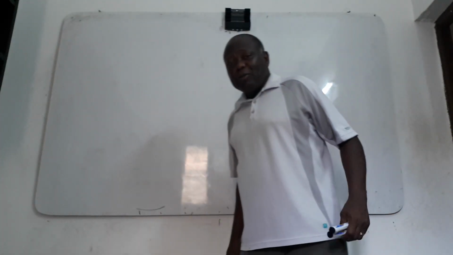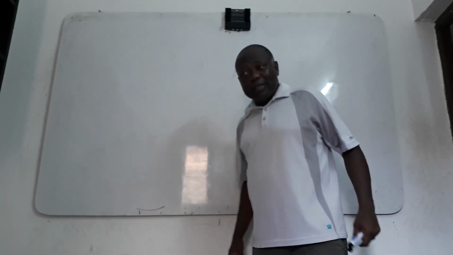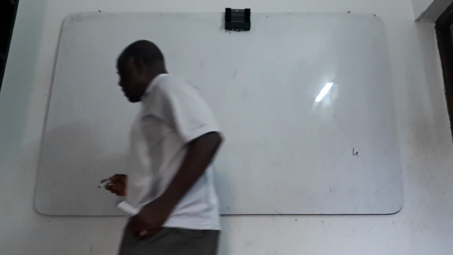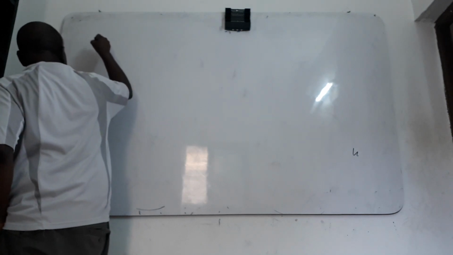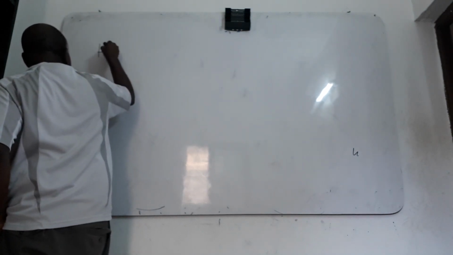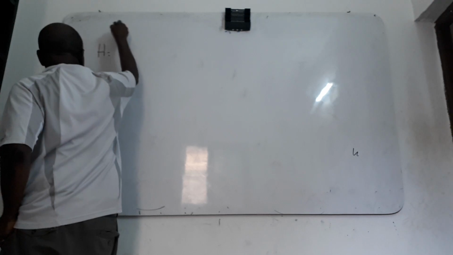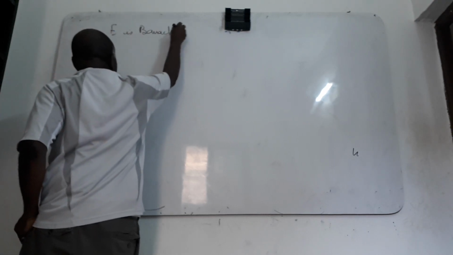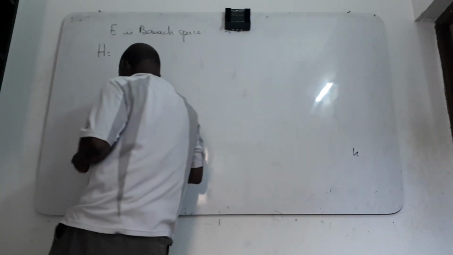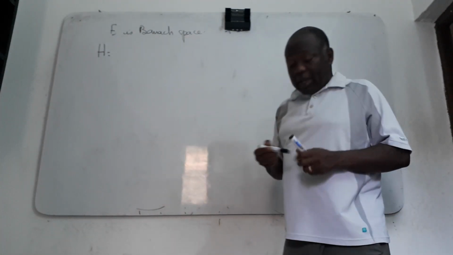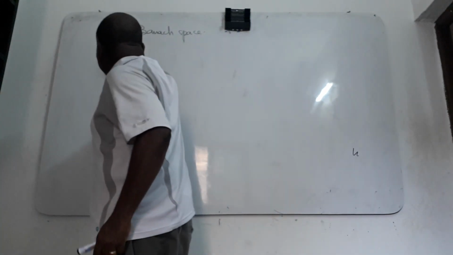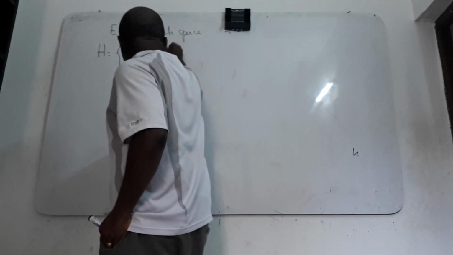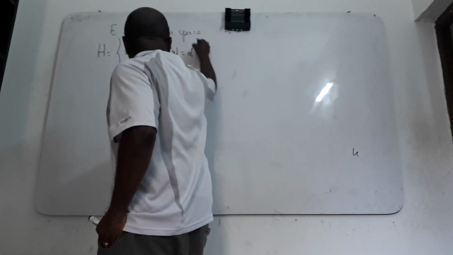Okay, good morning. I would like to remind you what we did last time about the hyperplane. I defined that when you have H like this, a hyperplane, you have E, first of all, a vector space. We define the hyperplane like this: it contains the elements of E such that f of x is equal to alpha.